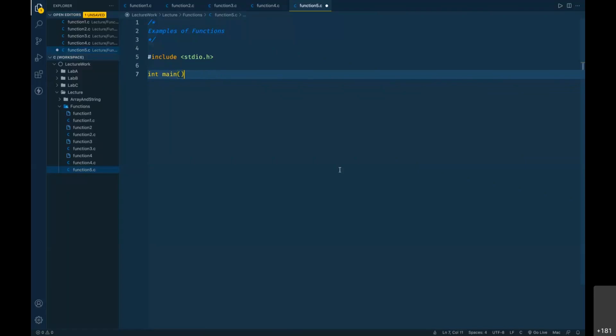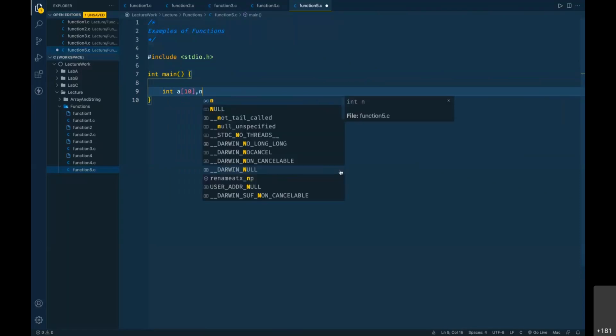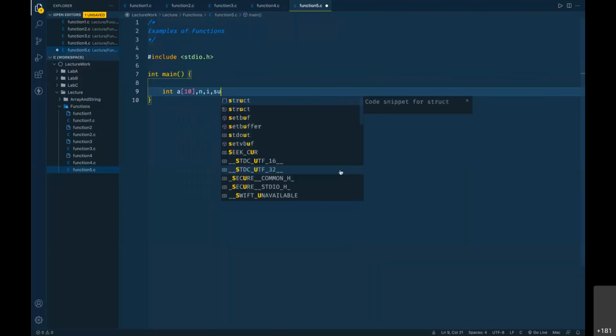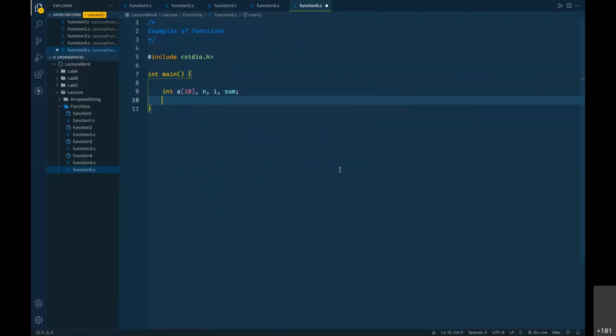First of all, we'll have the same program that we have done just now. So let us have integer array of size 10, and number of elements will require n, will require loop control variable I, and will require sum to be printed.